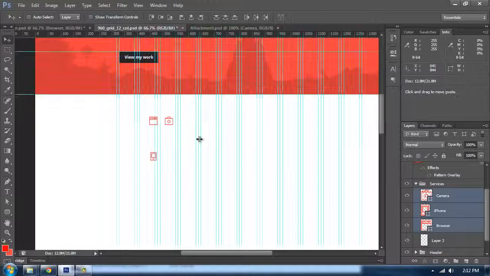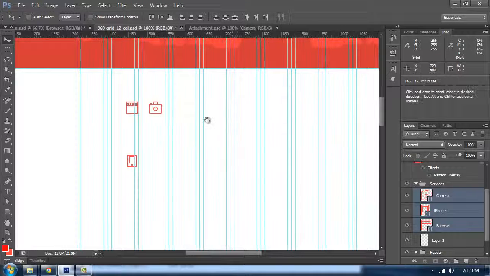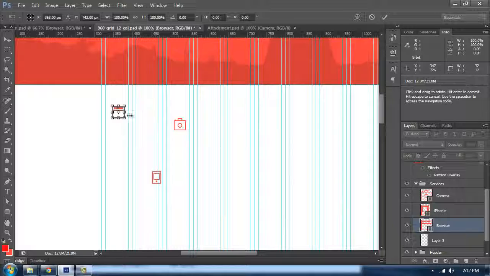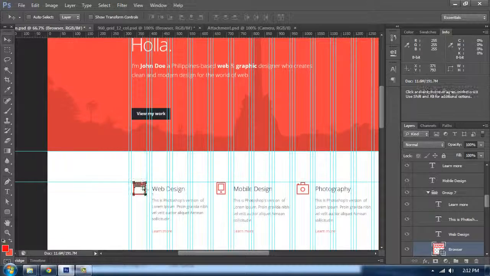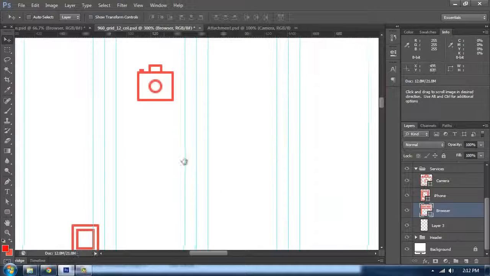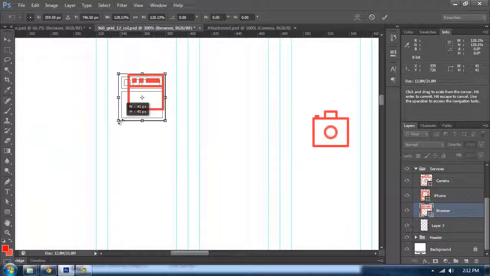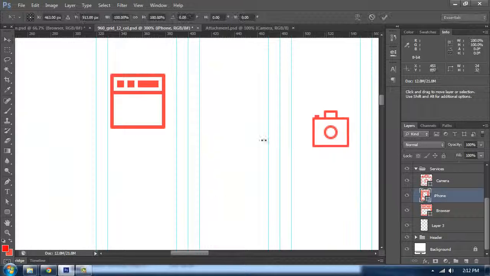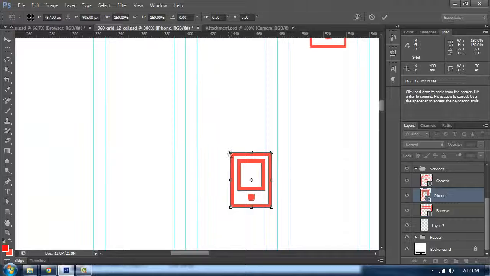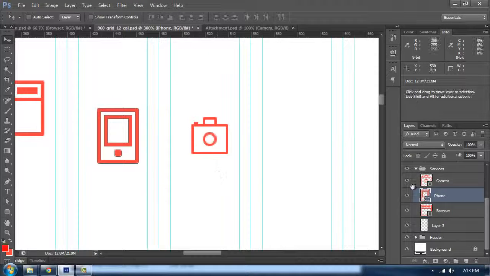Place it, turn on the grid, and for the browser, so 32, we'll resize it to, what's the size we've given here? I think it's 48. Yeah, 48. So for the browser, resize it and make it 48 pixel, like that. Do the same for this iPhone, so 48, and for the camera,